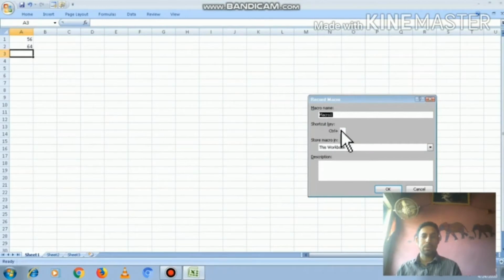Now the macro dialog box opens and enter the macro name in macro name text box. Next, let's assign some shortcut keyboard stroke. Suppose the keyboard shortcut used here is Ctrl plus Shift plus S.